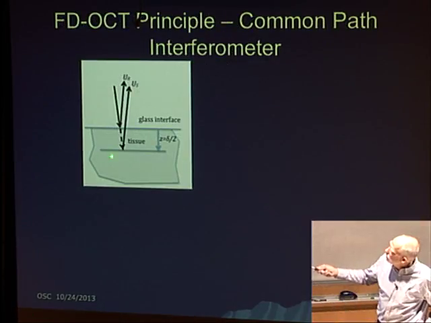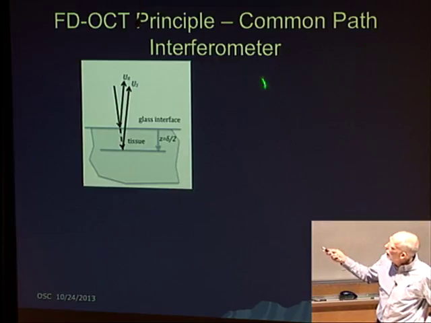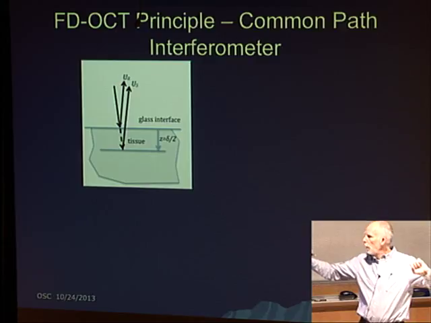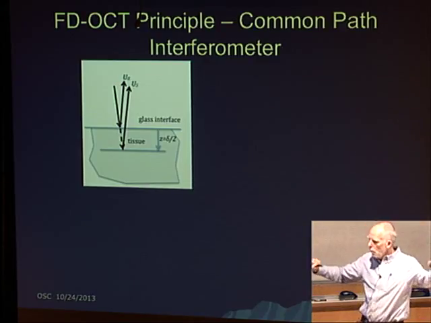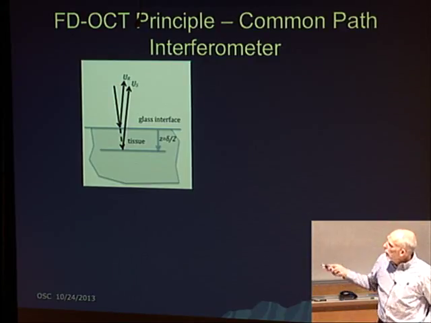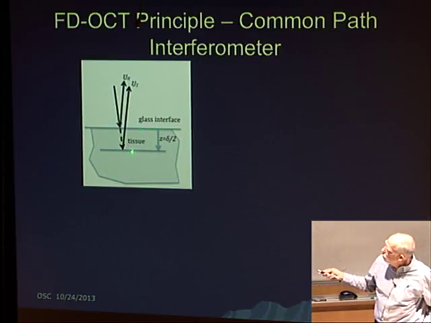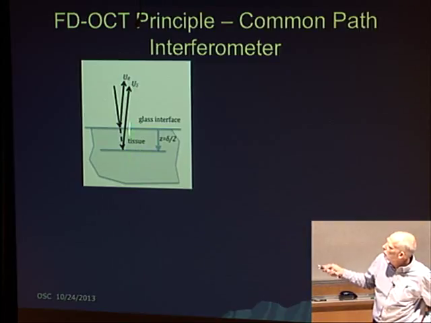So here's a tissue sample. This is what's called a common path interferometer. In most OCT systems, you see light going out to an interferometer with a beam splitter, and there's a fiber going one way, another fiber going another way, and you interfere the beams coming back. This uses a common path where you use the reflection off the glass interface at the very tip of the lens, and then the tissue also has scattering or reflecting surfaces or locations that scatter or back reflect light back into the system.